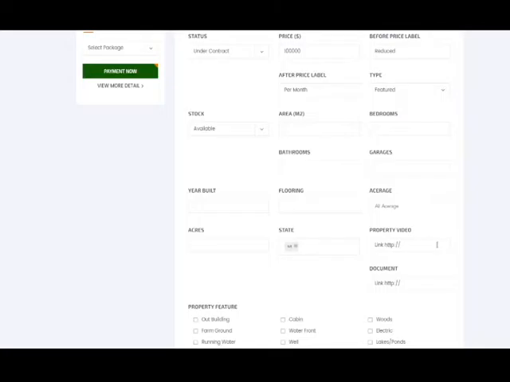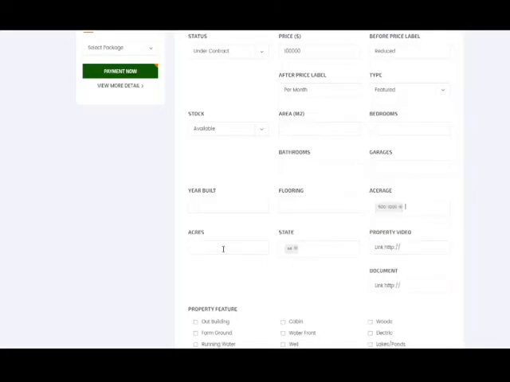If you have a property video, you can link it here. If you have a document or a PDF file with more information, you can link it here. We're going to click on the acreage here, okay? And so these are broad categories, and this is for our search engine. So we're going to put it in there, and you can also put in the exact acreage. So it's 755 acres, but this way it'll make sure it shows up in that category when you do a